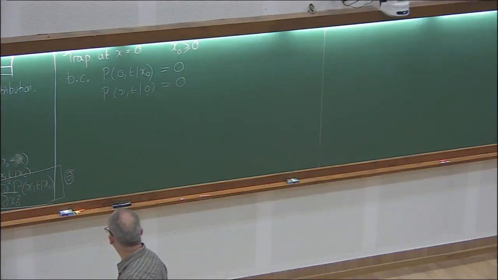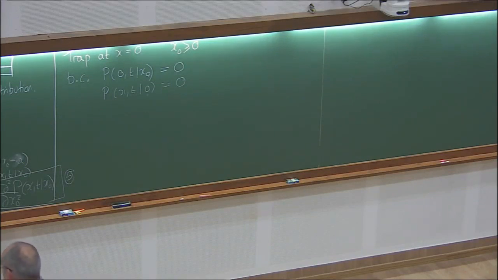Well, the probability that it's alive. This is a joint probability that it's alive, and being alive. Yeah. So the problem is it can go to 0, that's fine, but then it's dead. So the probability of being alive and at 0 is 0. That's why it's a trap. It's like the fly trap in the canteen. You know, it kills the fly. So the particle here, when it hits the trap, it's dead.